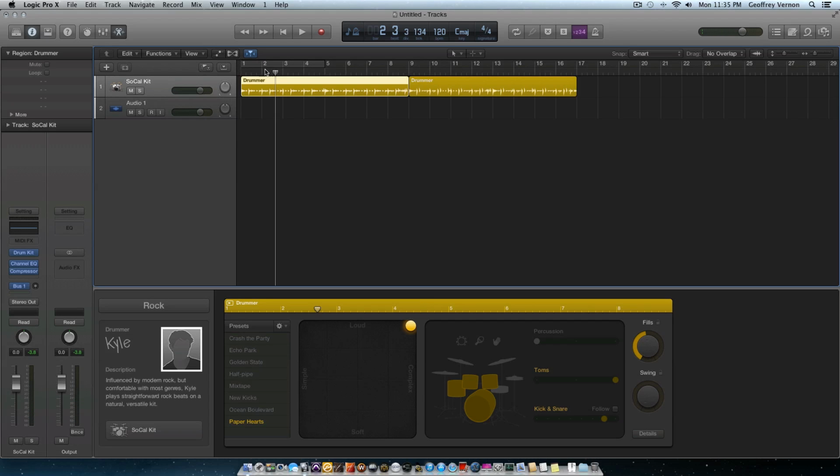I actually prefer the Logic kits better for this. But it has its advantages. If you have a really great sounding third-party sample library that uses MIDI mapping, basic MIDI mapping or key mapping for drummers, you should be able to use it. Obviously, you just saw it work. So that, my friends, is the drummer track in Logic. Very versatile. It doesn't have to be the same part all the way through. You can do build-ups, drop-offs,